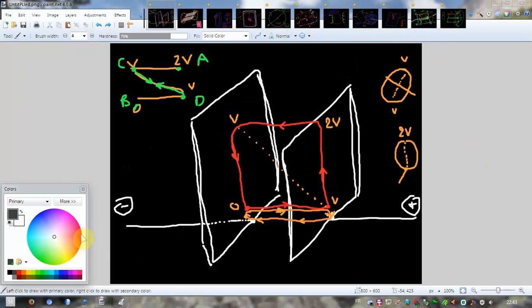That's red, for example. No, it's not red, it's this one. If you connect the high voltage DC pulse in this direction, you find